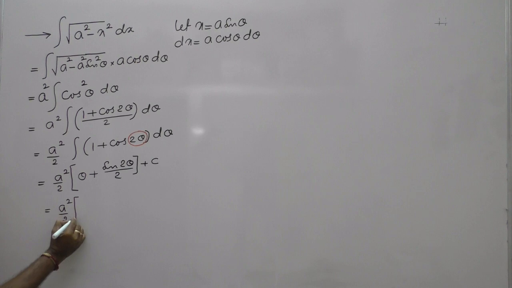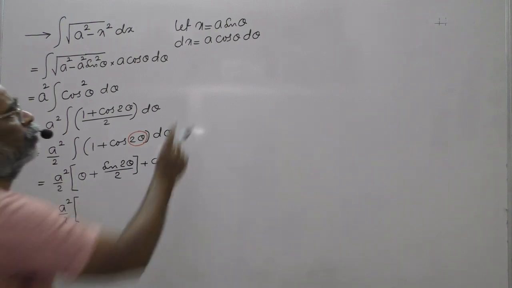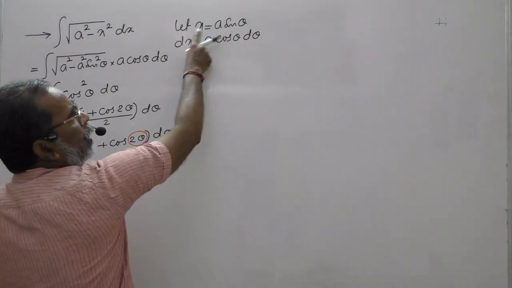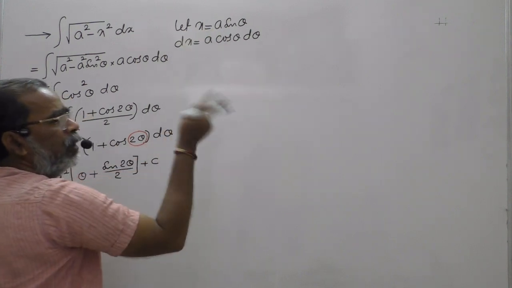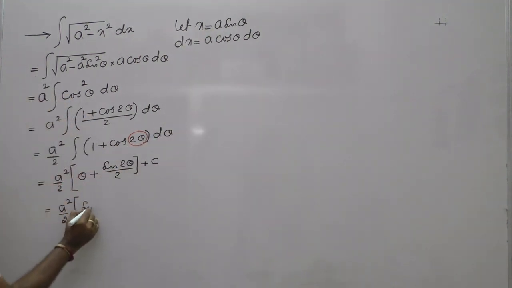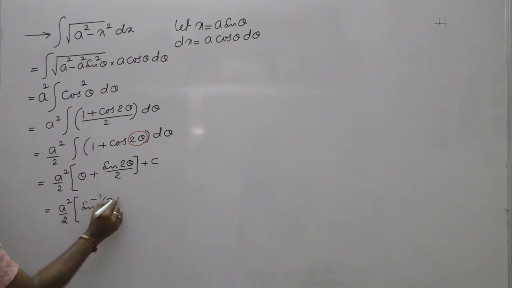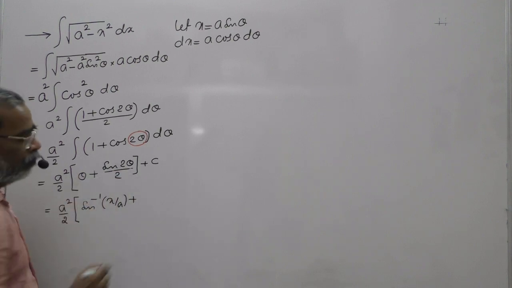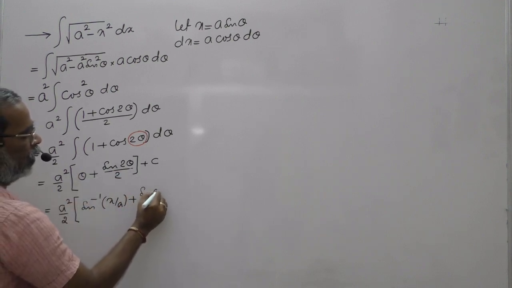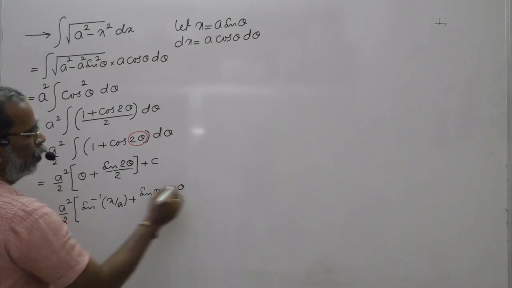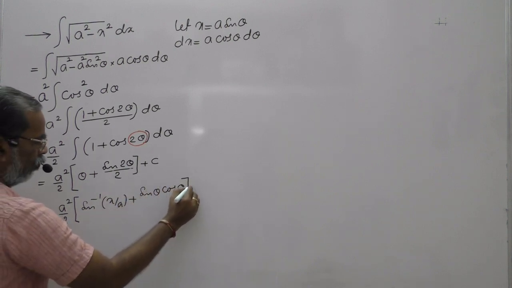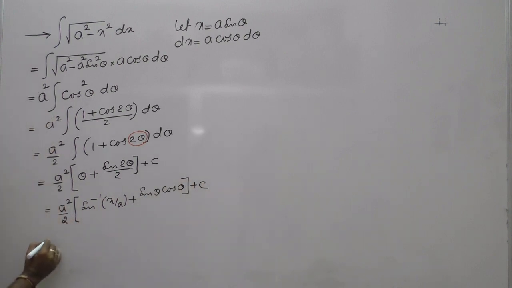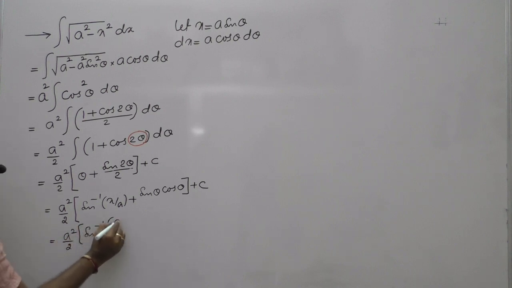So we should obtain this in x. What is theta from this? Sin theta is x by a. Theta is sin inverse of x by a. Plus sin 2 theta is there. I will write it as 2 sin theta cos theta. 2 will be cut. Plus c. See, therefore this is equal to a square by 2 into sin inverse of x by a